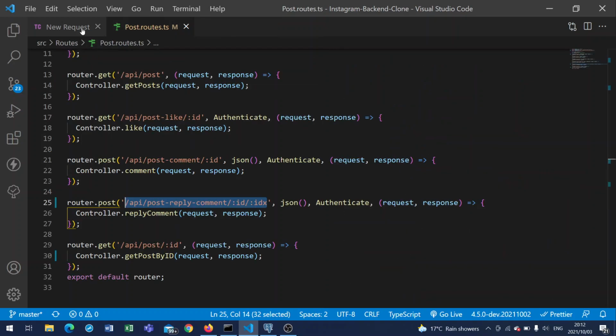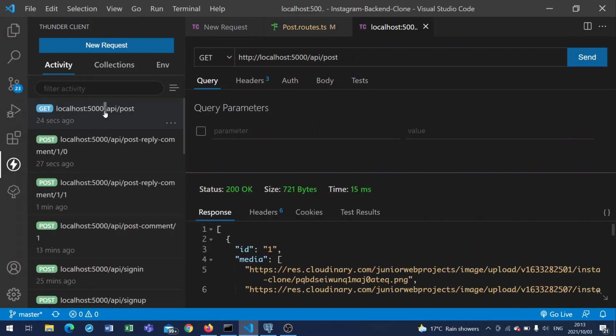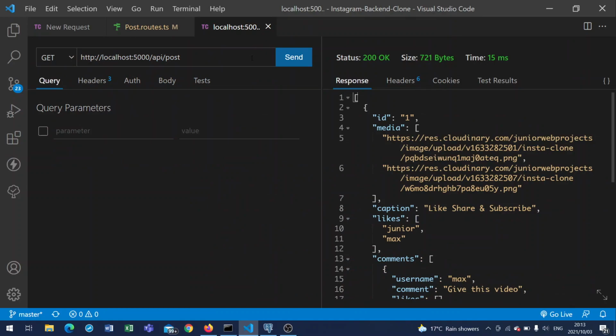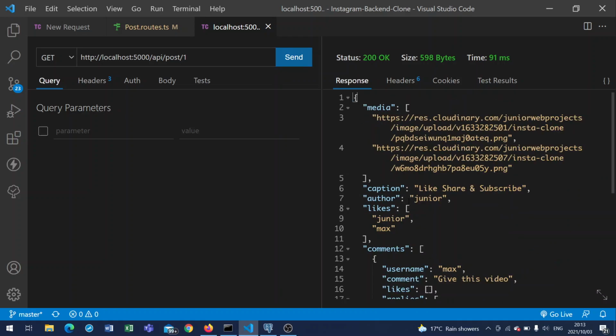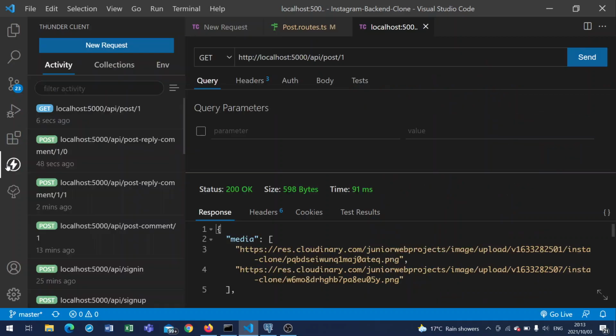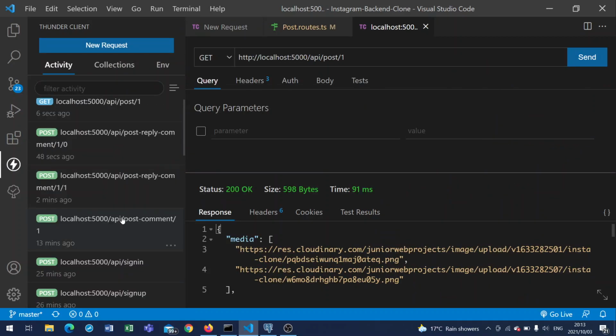Let's get post by ID, not element. So if we get post, you can see we're getting all posts. Obviously this won't work because we're getting just one. But if I get by ID, it should only return to us one object. So as you can see, it returned one object, not an array of objects, if that makes sense. But just to make sure that you guys see this properly and are sure that I'm not just